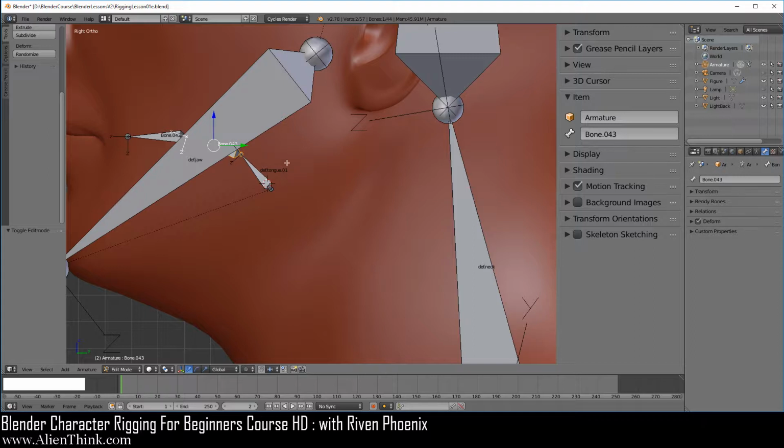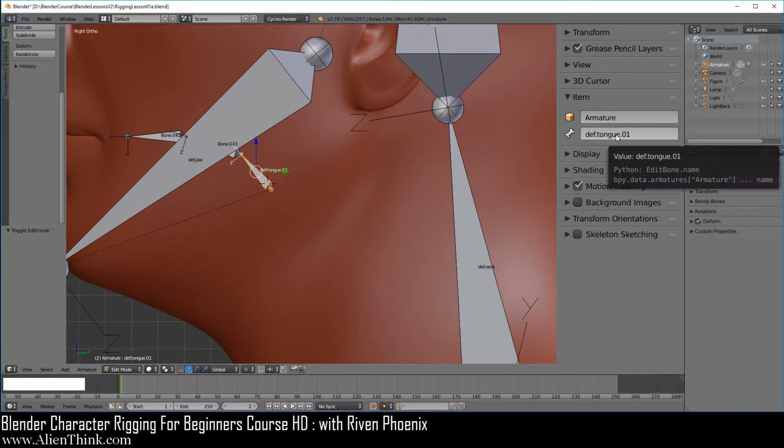Now okay, let me actually show this to you. When you're dealing with bones like this, and when you've already typed it in, you can simply hover your mouse and do Control C. Blender will automatically copy this, okay?